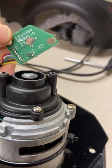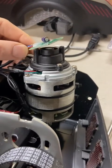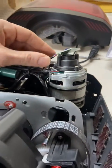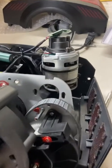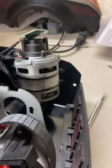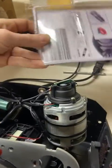So I really only noticed it in rallycross when there was a lot of, like when I hit a rumble strip, it'd be really bad. So if you notice on smooth corners, it's fine. But then when there's a lot of feedback where the wheel gets really confused, I believe that that's the issue. So my solution is I just got a blister pack here and I cut a square out